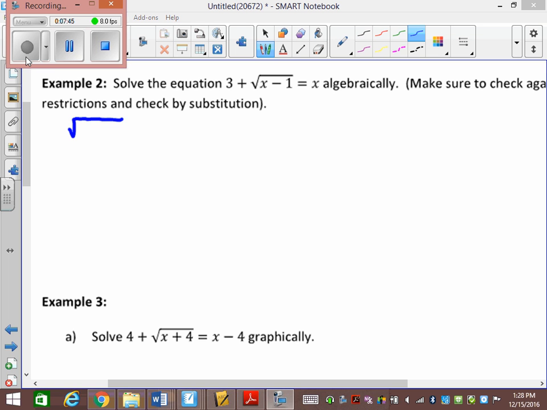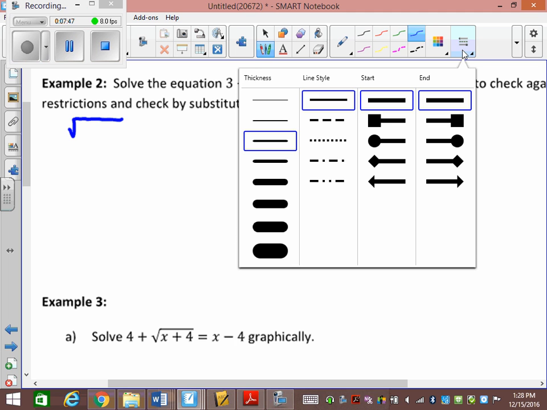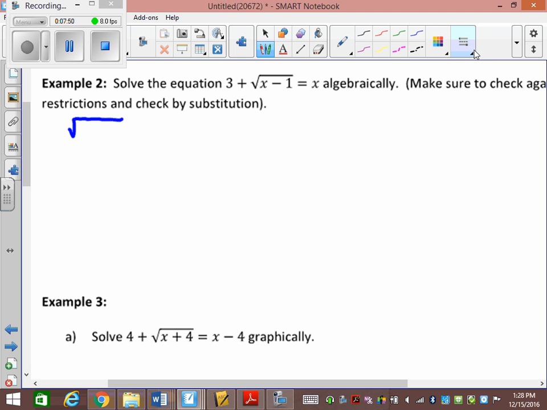So you're going to get x minus 1, root x minus 1 equals x minus 3. And then square it. But remember, when you square the x minus 3, the answer isn't x squared plus 9. You have to FOIL it, right? Whenever you have 2 terms squared,